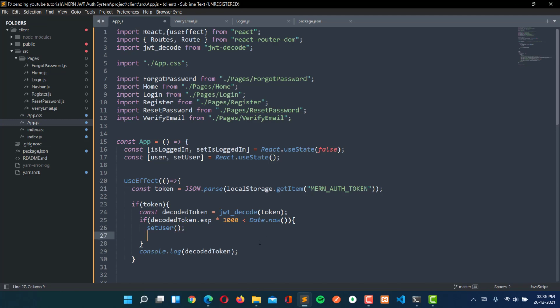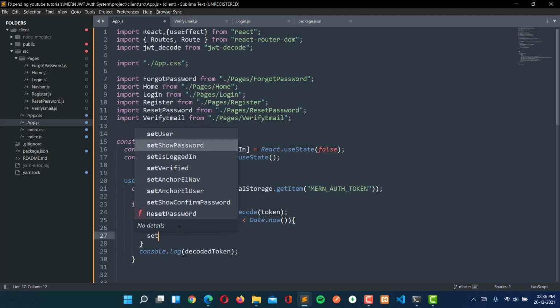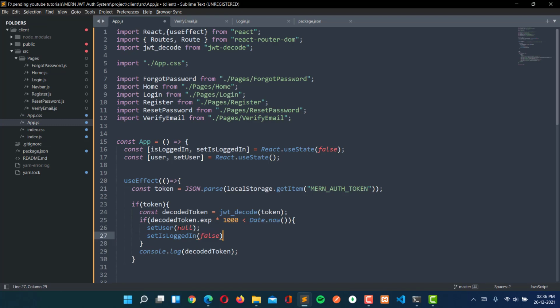So setUser will be null here, and then setIsLoggedIn will be false. If this token is not expired, then we are going to setUser.